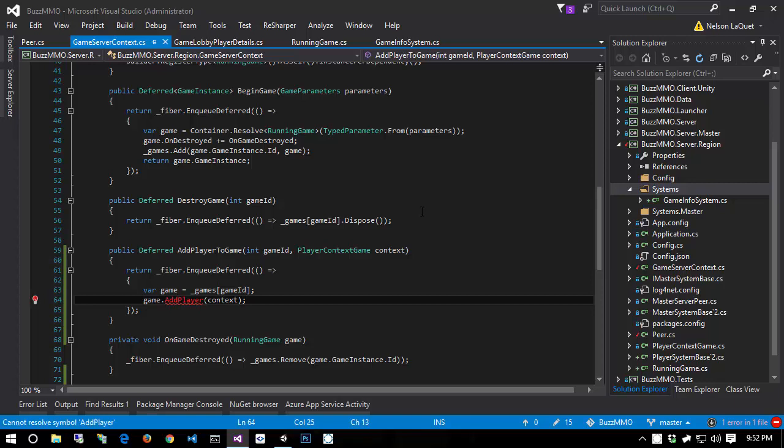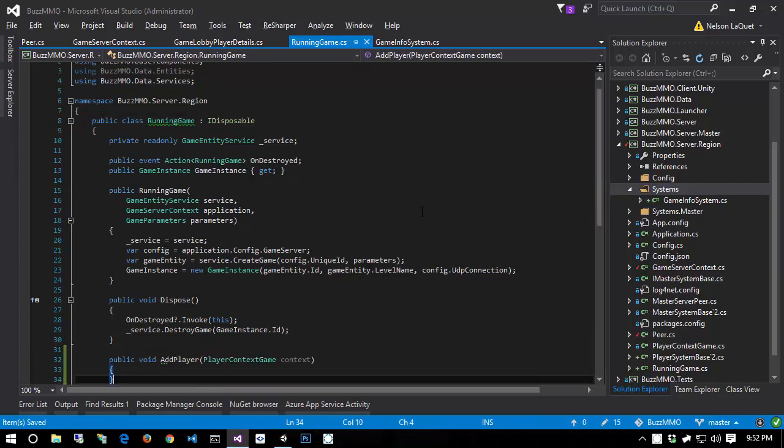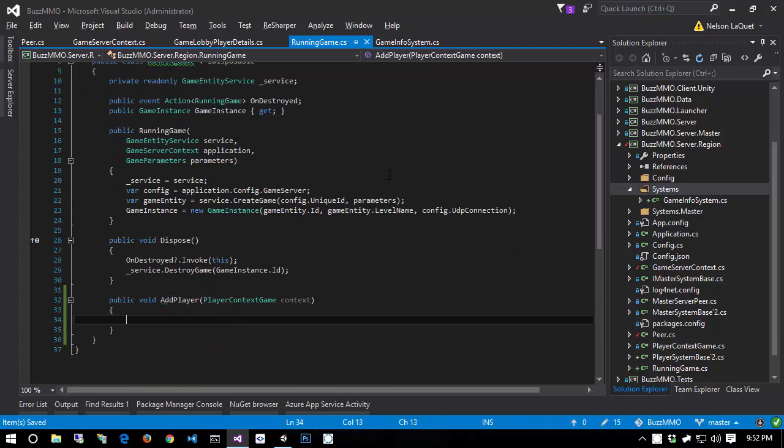And now we can jump into the game here. And so this is an interesting thing. How do we want to handle synchronization in our running games themselves? We could go ahead and create another fiber here. Or,